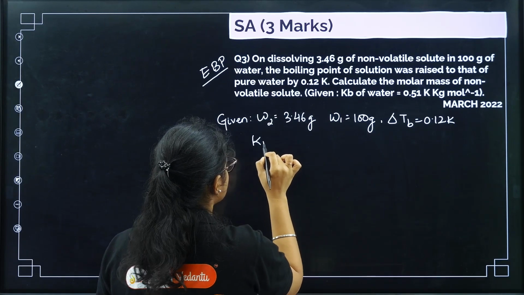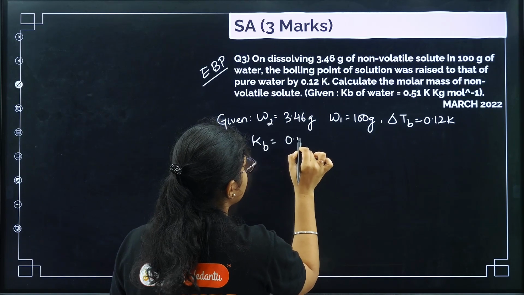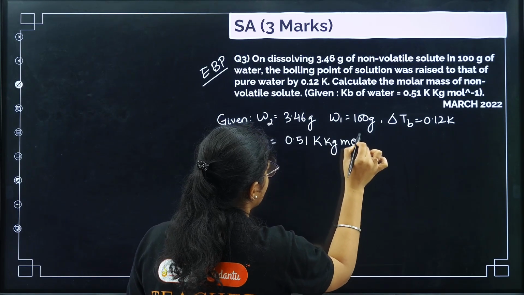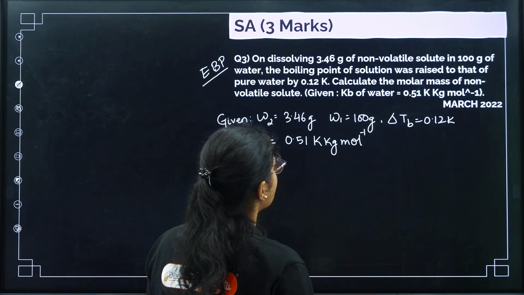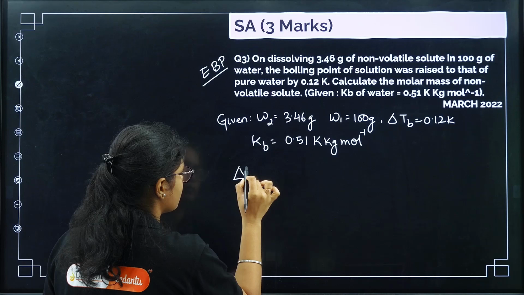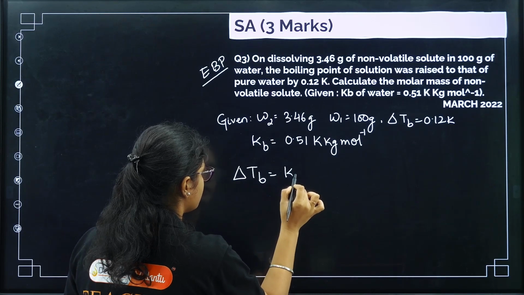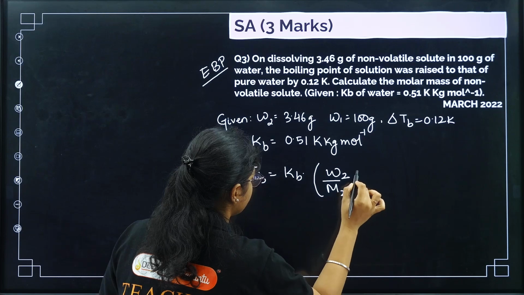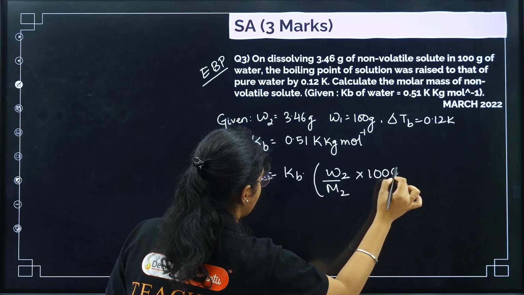Kb value is 0.51 Kelvin kilogram mole inverse, and you need to calculate now. Second step, writing the formula, delta TB is equal to Kb into m. So I'll write the expanded way, W2 by M2 into 1000 by